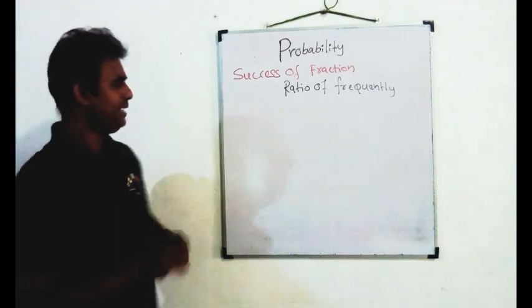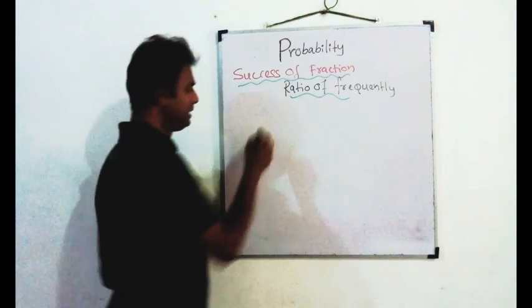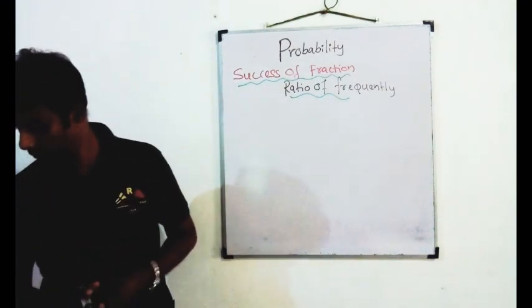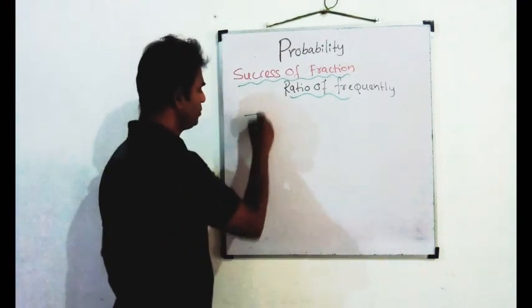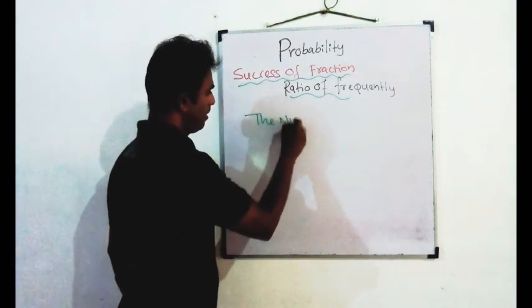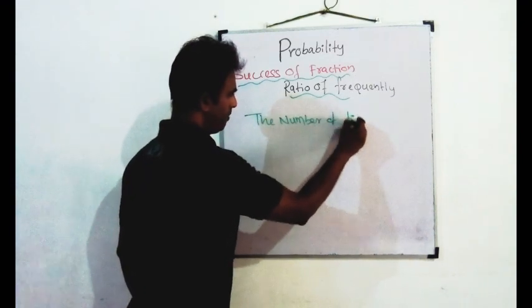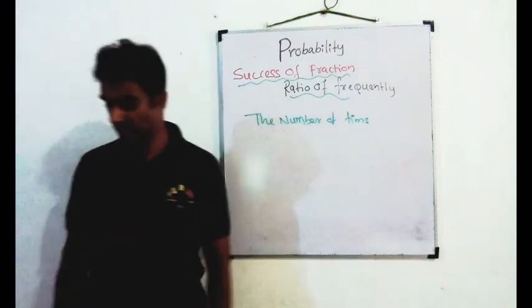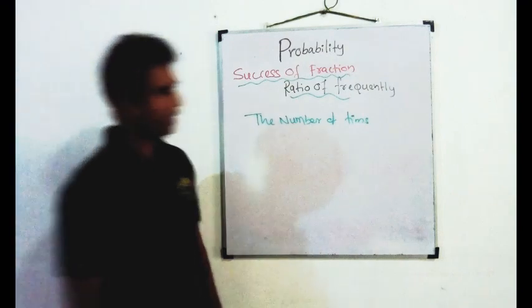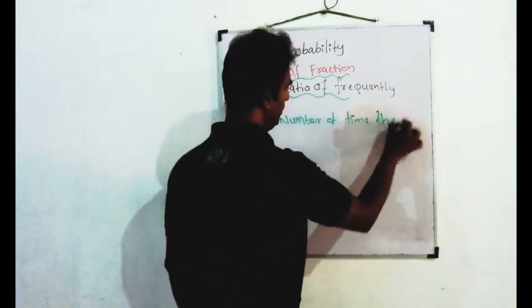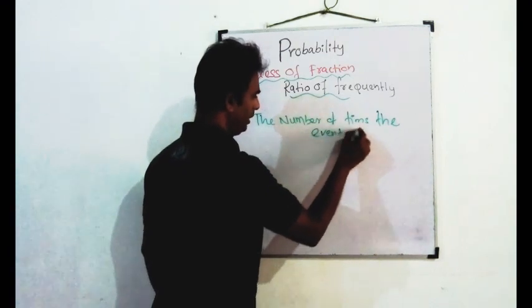We can calculate it by using this equation. The number of times the event occurred,